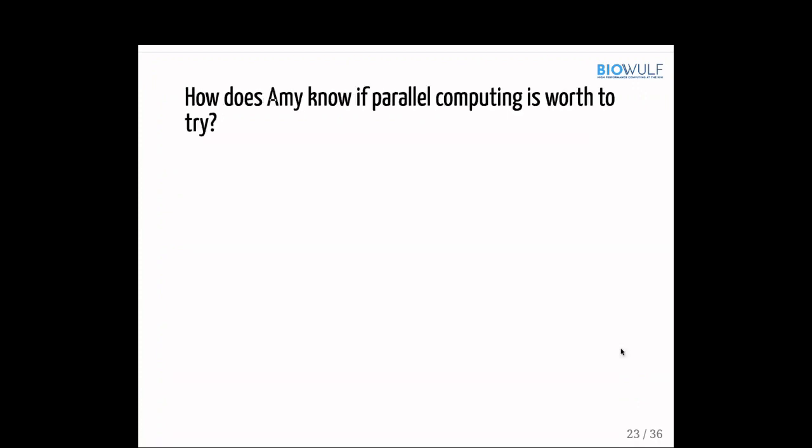All right, okay. So how does Amy know if it's worth trying parallel computing or increasing memory? If her job is running for a very long time, like 9 days, then maybe yes. Everything is a trade-off, right? If you spend a week figuring out how to run your code in parallel and your code can only finish in 1 hour, it's not worth it.